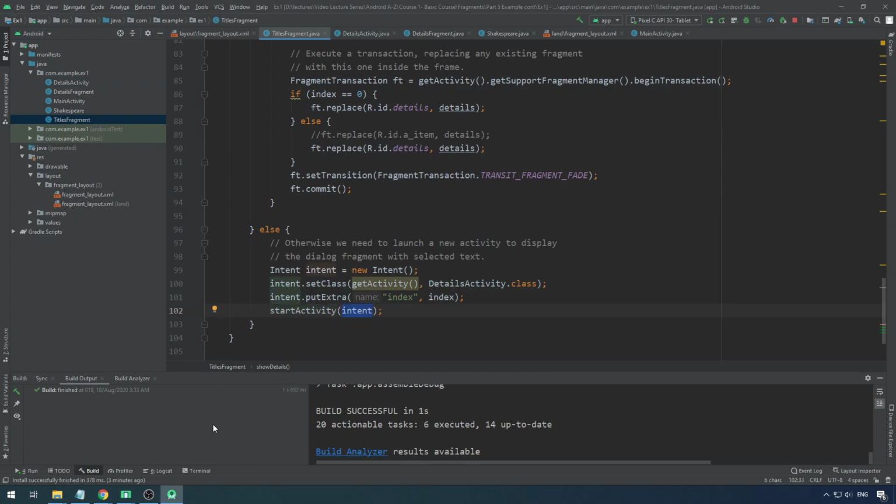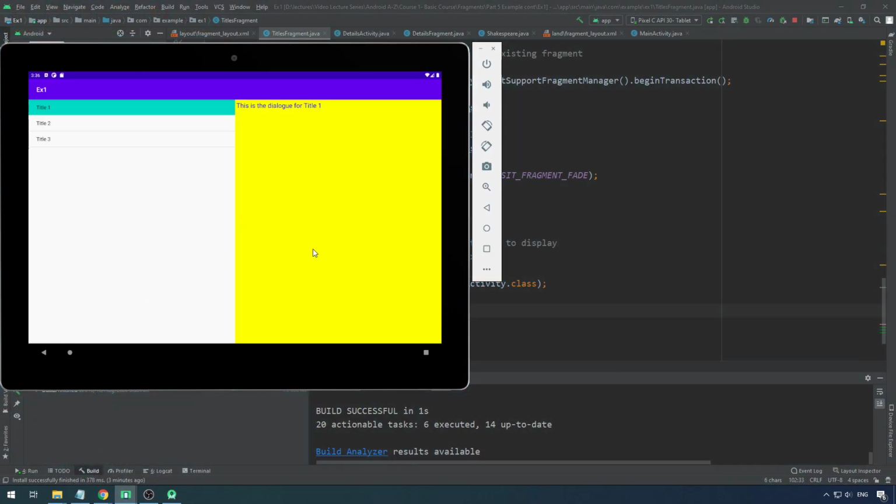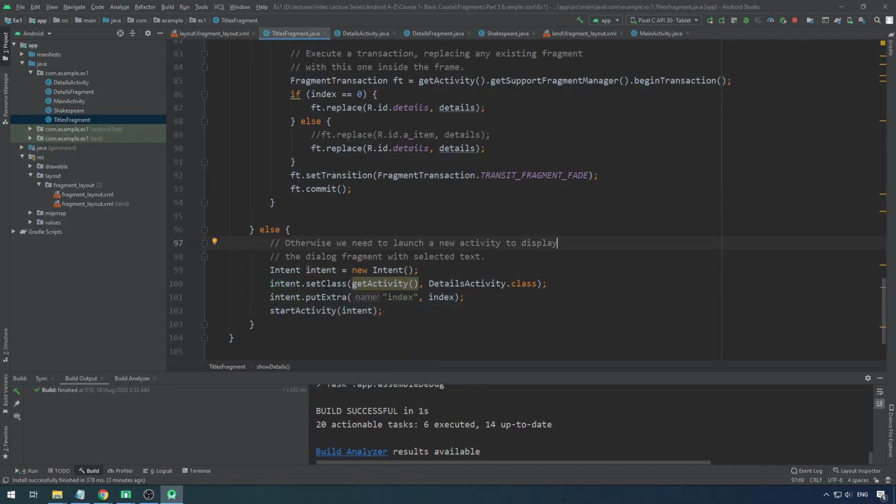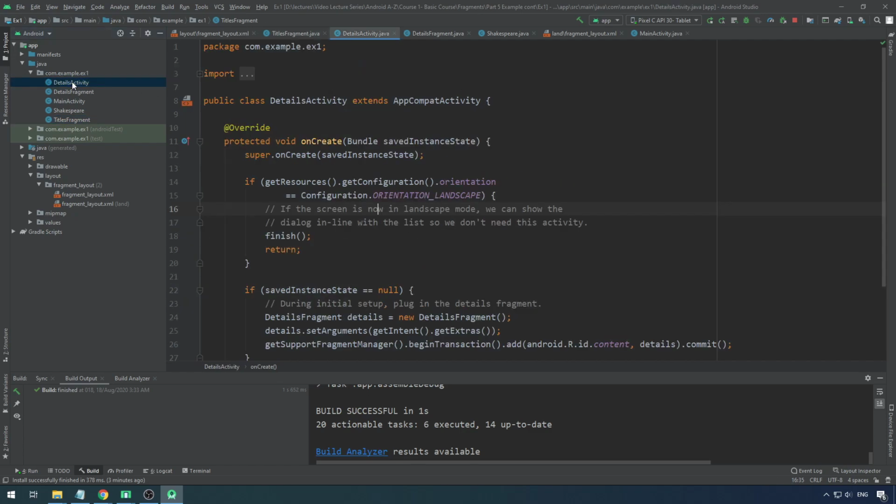But this does not happen on the landscape mode, right? It happens only on the portrait mode. So then it loads the details activity and it's checking whether it's on landscape, because if it's landscape it should not work. It should work only on portrait. So the details activity is just cross checking